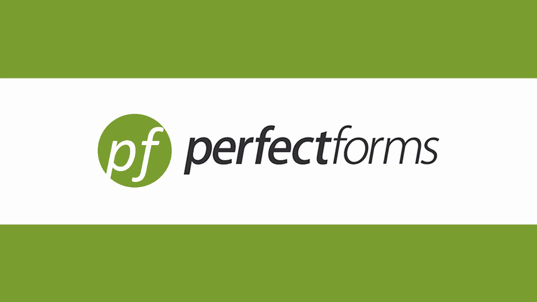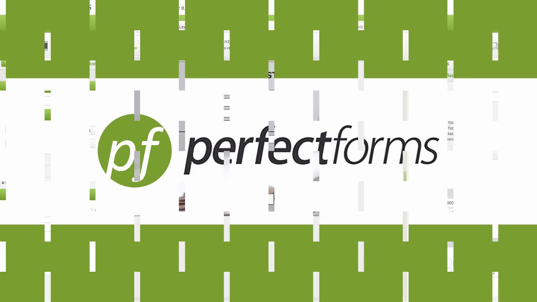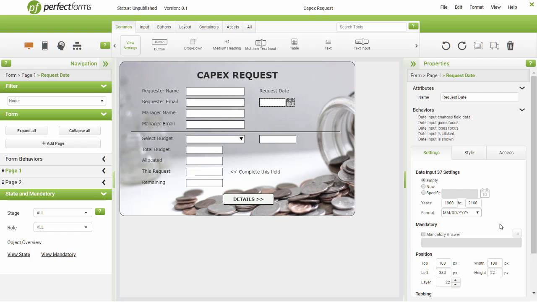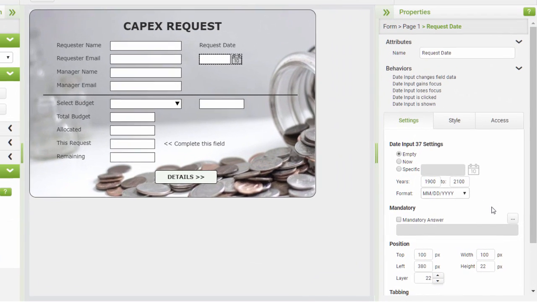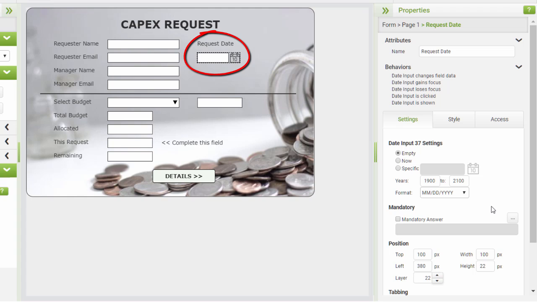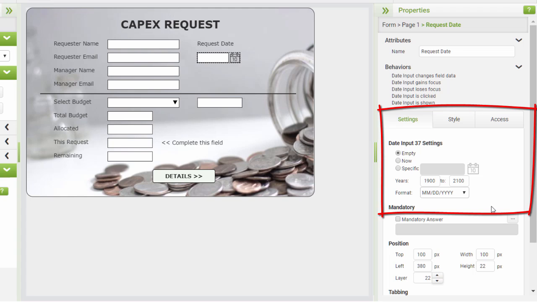The date input object can be used on a form to capture dates entered manually by a form user or dynamically using behavior. Once captured, that date can then be displayed to and/or modified by other users who view the form instance. In the date input settings, you may choose whether to initially present the date object as empty, and